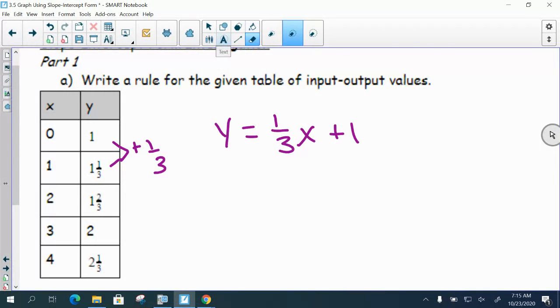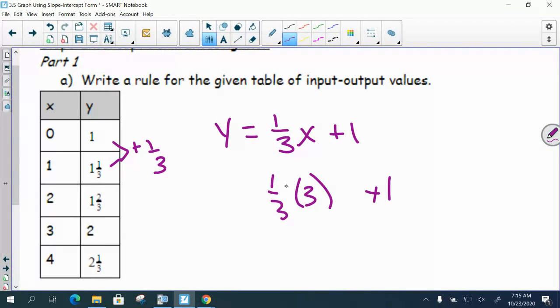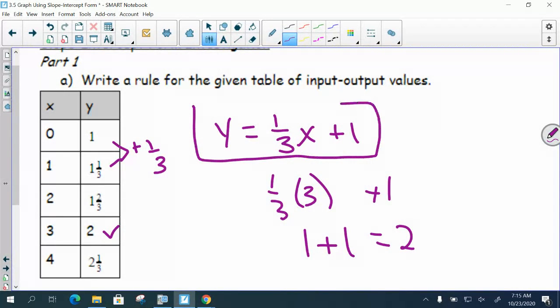What if we plugged in 4? Or let's look at 3 for an example, because 1/3 times 3 plus 1, 1/3 times 3 is 1, plus 1 is 2, which is what you get for the y value. All right, so this would be the function, and this is what we call slope-intercept form, which is